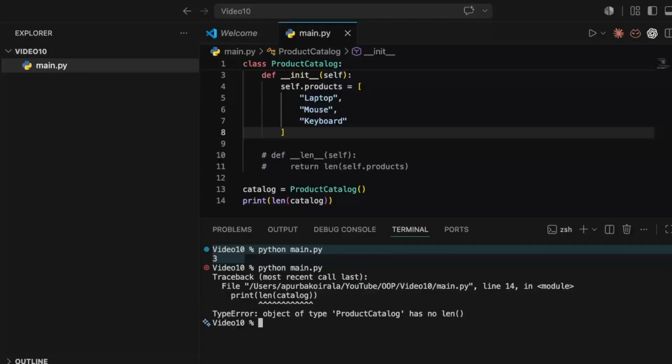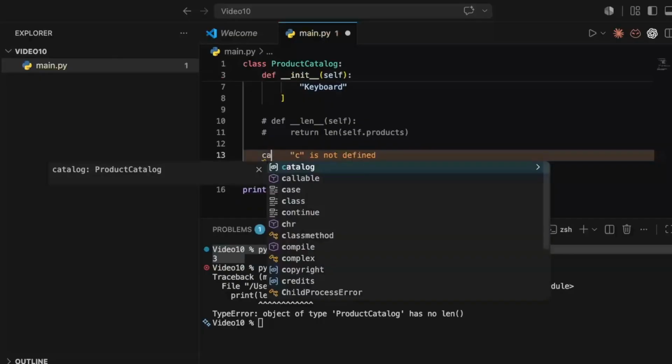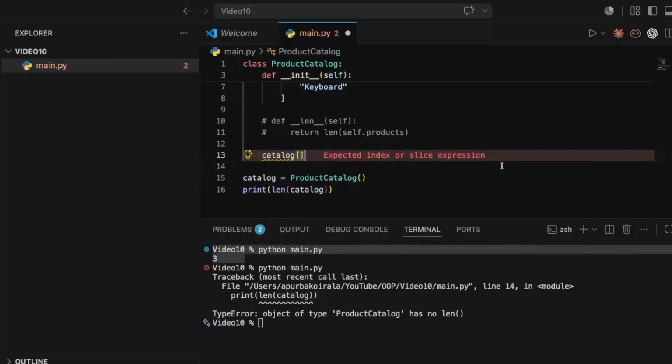Now, let's talk about indexing. Now, when you write, say, catalog and index it, it looks like Python is directly accessing the object, but that's not what's happening here. Behind the scenes, Python executes